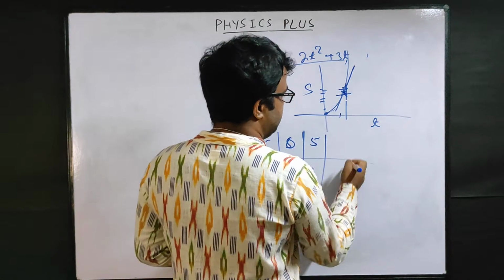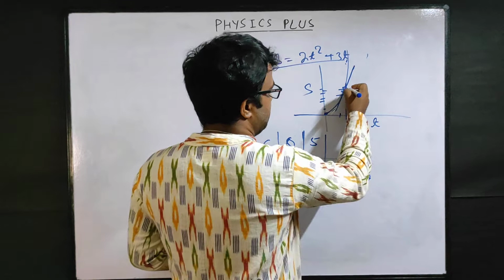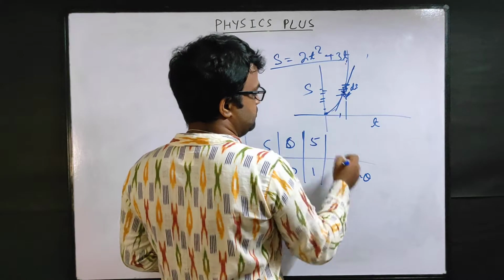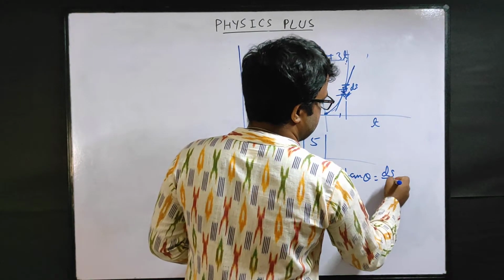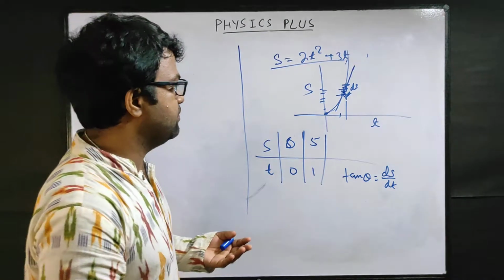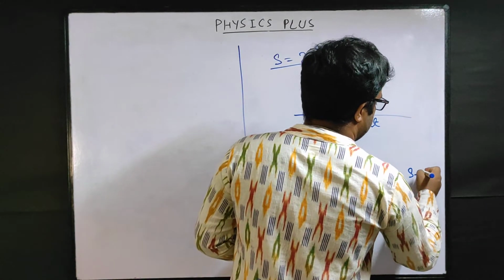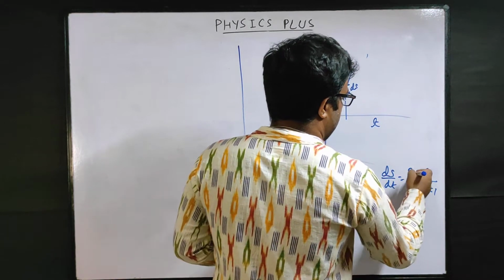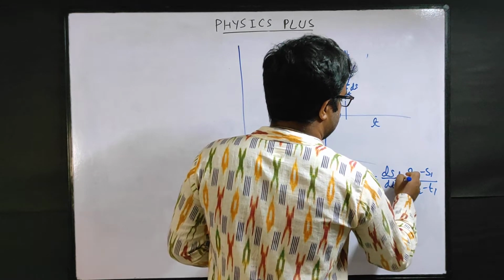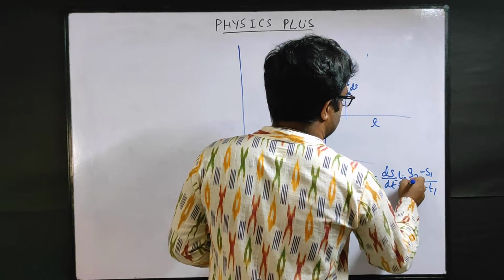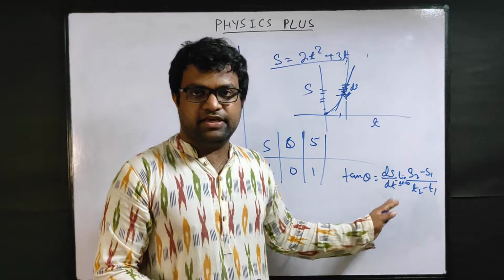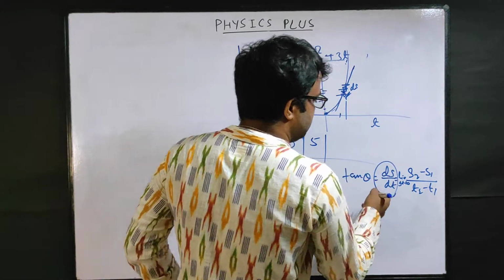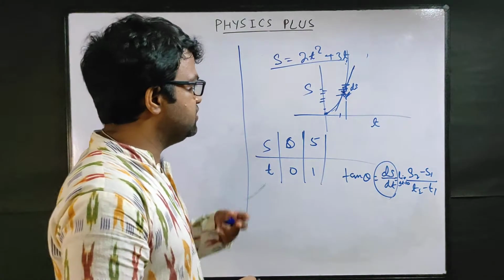So how will you get the slope? Slope means generally we will get tan theta. So tan theta will be your ds, this is your small change in y, by this is time. So ds by dt. We can write like this, or delta s by delta t. Basically you can say this is s2 minus s1, and this is t2 minus t1, but here you have to write the limit delta t tends to 0. For the very small one you can write ds upon dt, or this is your slope of the graph. So this technique ds upon dt, the d is called your differentiation technique.